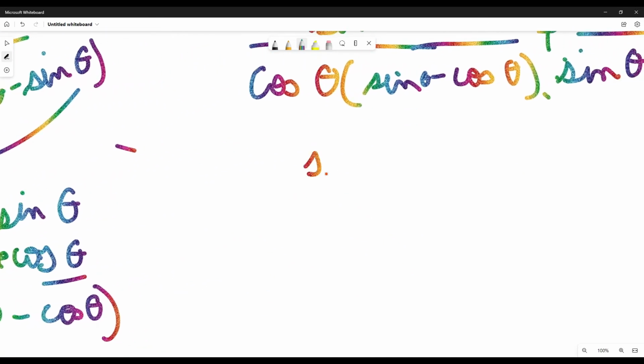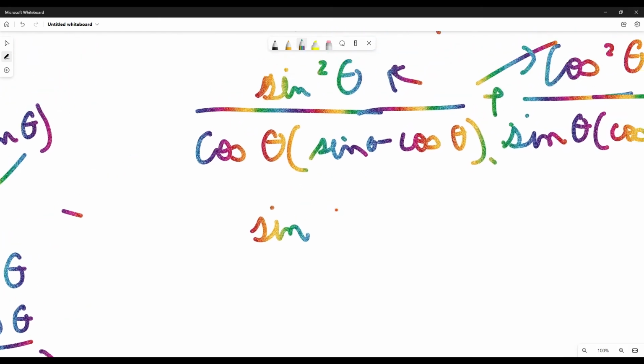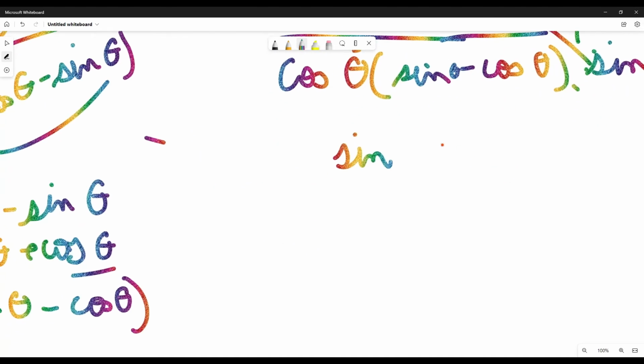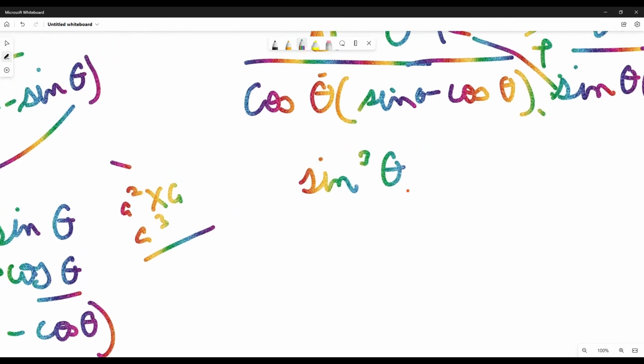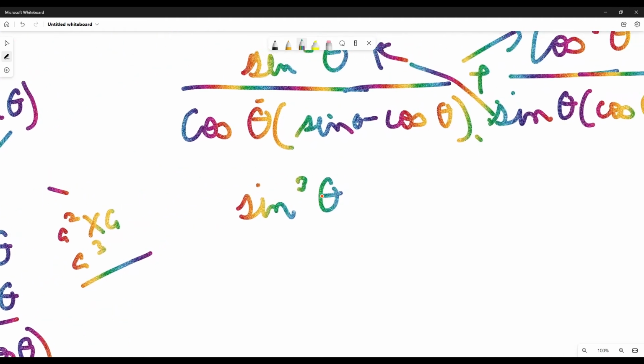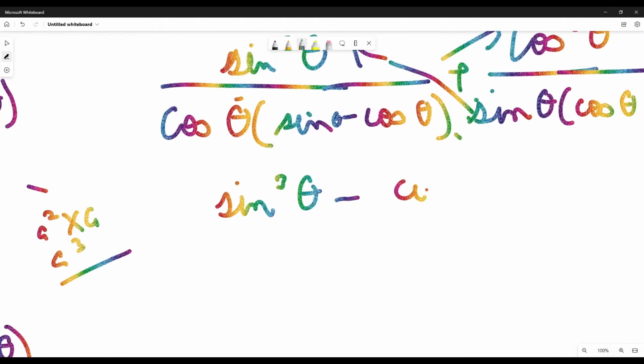We have sine multiplied by, right? Sine multiplied with this, and cos is multiplying with this, cos squared. So with this squared. So a square into a is a cube, right? Sine cube theta, and we just saw minus will come here. This is minus, this minus. So minus cos cube theta